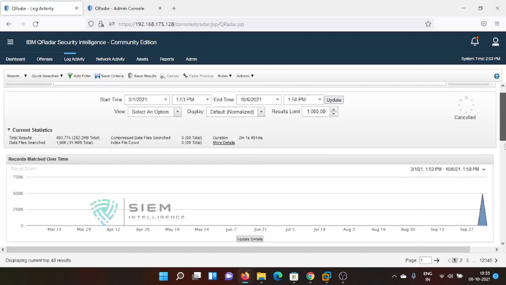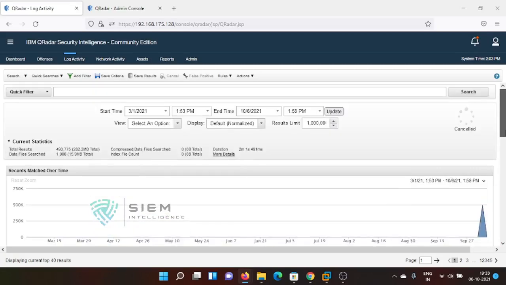So first and foremost, I will start with a source IP. I want to see whether there is a source IP, something like 192.168.10.111. Maybe this source IP is there, maybe not. But I want to check whether this source IP is sending some logs, or whether there is any activity related to this source IP. The log source may be different, but I want to check some end user whose IP is 192.168.10.111 or 11. So how to do this?